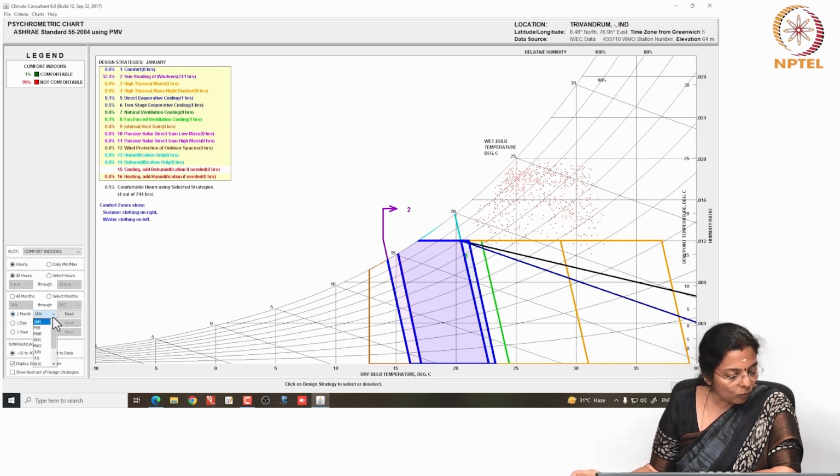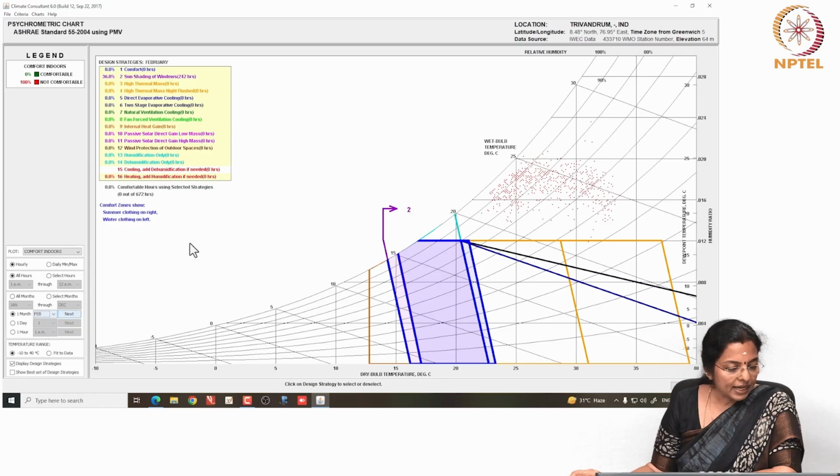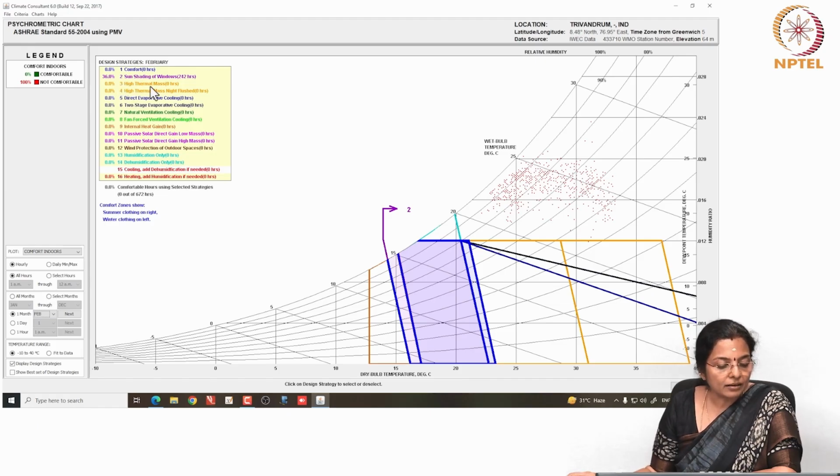Now, let us see what happens in February. In February, what happens is 36% of the year becomes comfortable if I apply sun shading. What will happen if we apply high thermal mass? Nothing will happen. There is no impact of increase in comfort if we apply high thermal mass, night flushing, or direct evaporative cooling, two-stage evaporative cooling, natural forced ventilation. None of these strategies work here in February other than